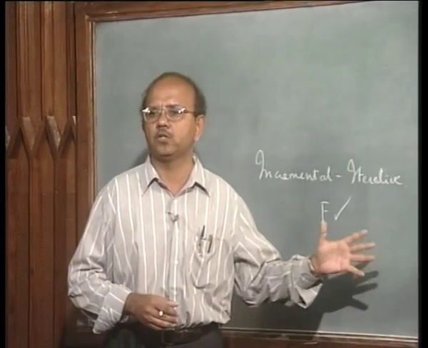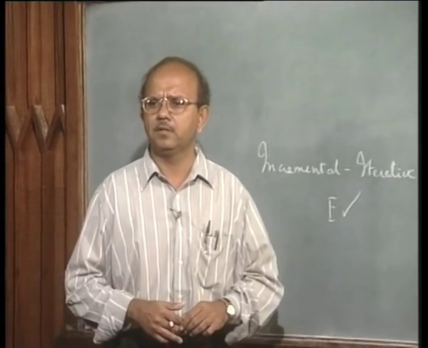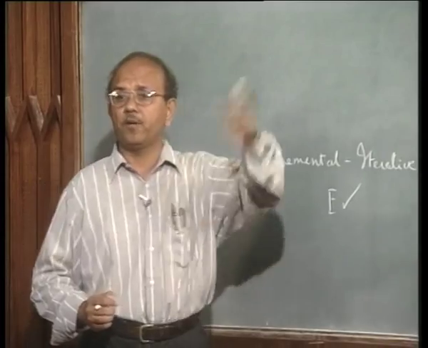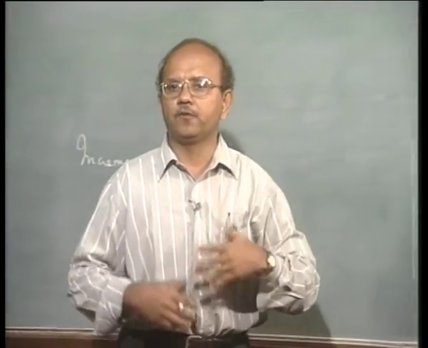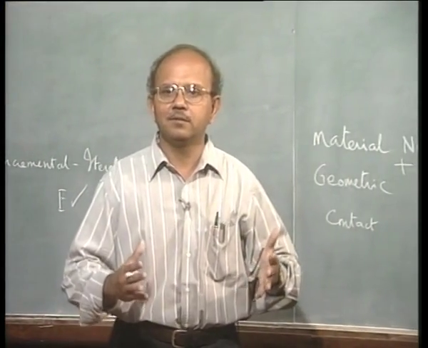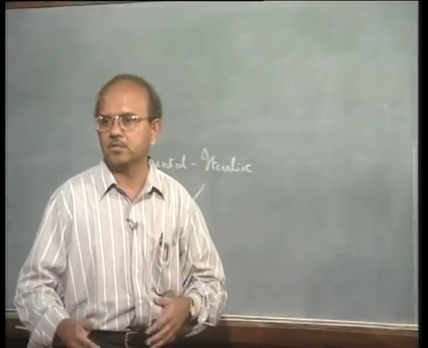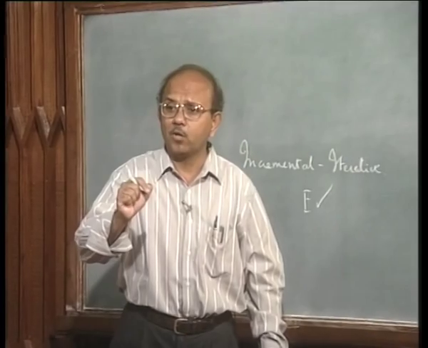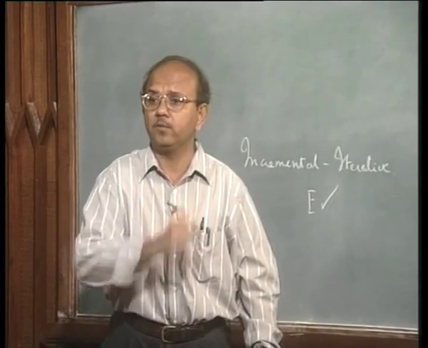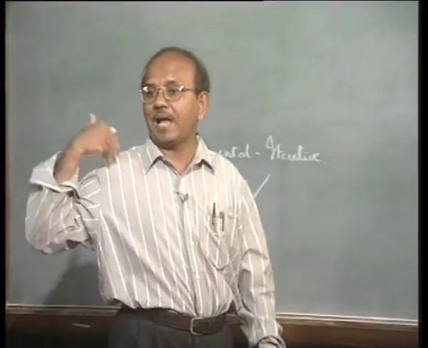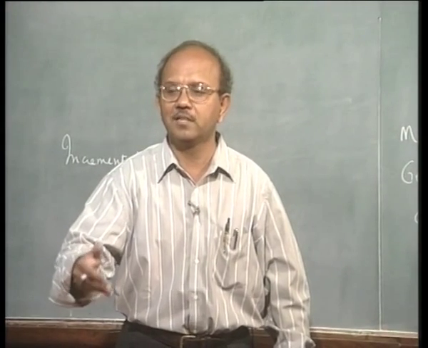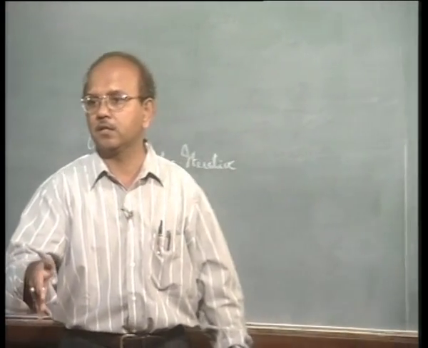Say for example, I have 1000 newtons. I will not give 1000 newtons in one step. I will run the problem for a number of steps. I will first give 100 newtons and look at the result. What do I mean? I will look at the equilibrium. Then I will add one more 100 newtons, so that I go to 200 newtons, and look at the result at 200 newtons.